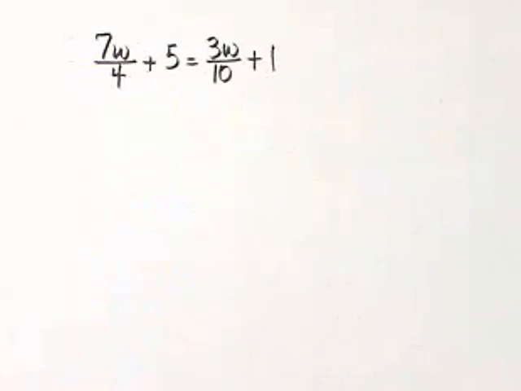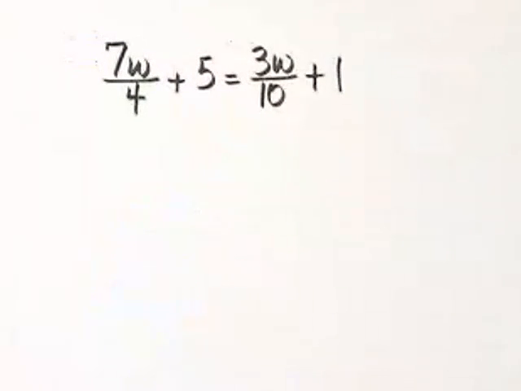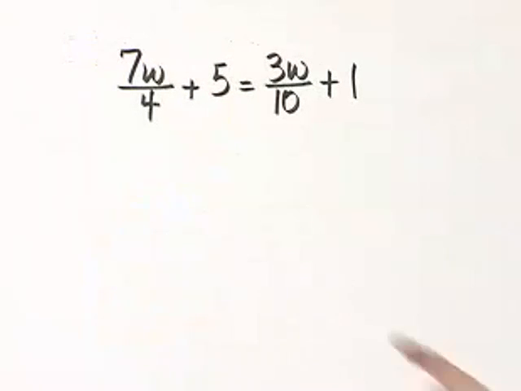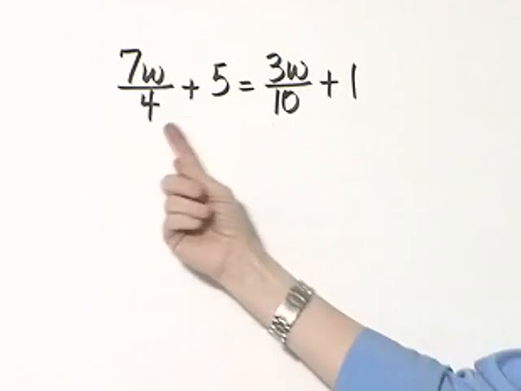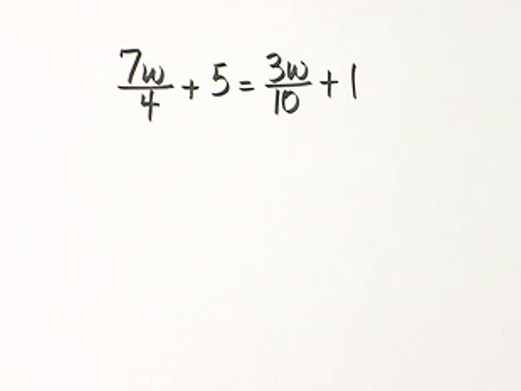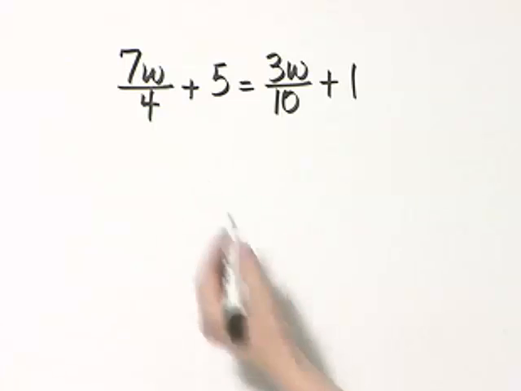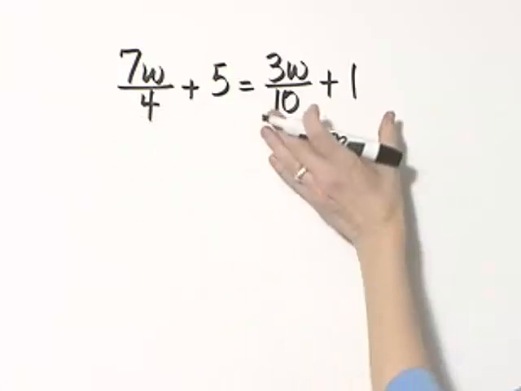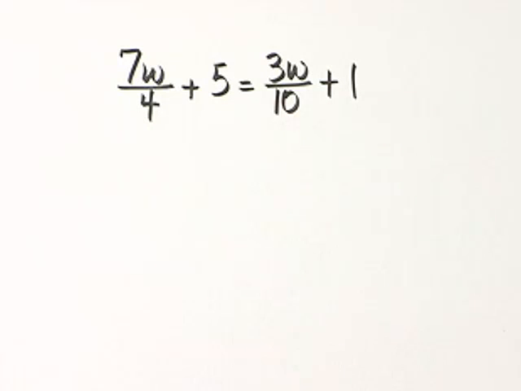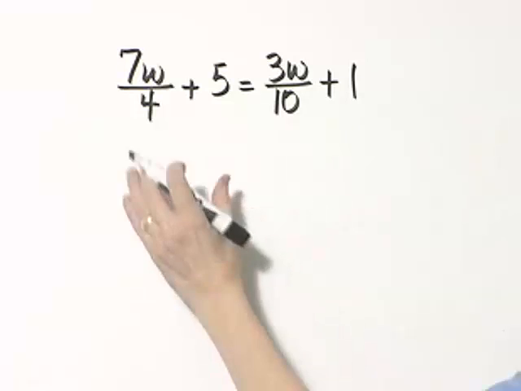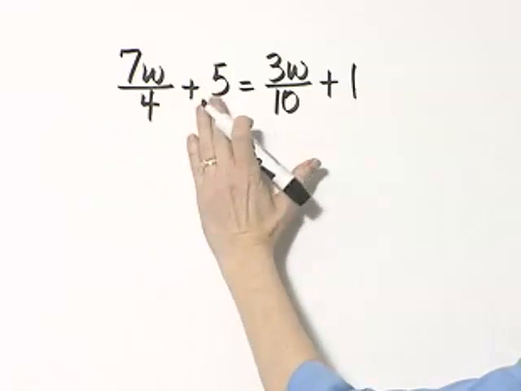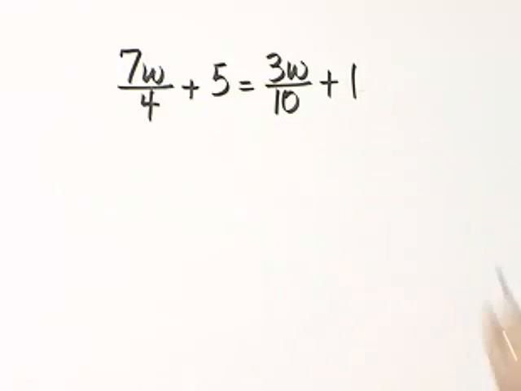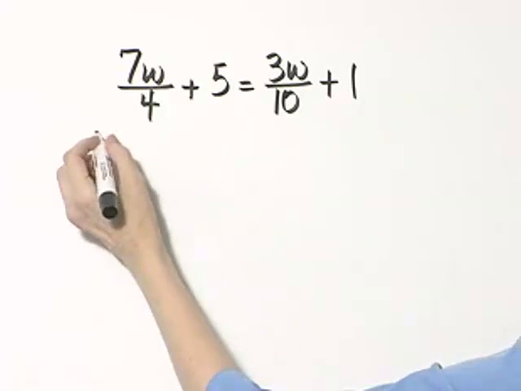Let's solve this equation. Notice this is an equation that contains fractions. So what is the LCD of these two denominators? It would be 20. So I'm going to multiply the left side of this equation by 20 and the right side of this equation by 20, but by the distributive property, that means we multiply every single term in the equation by 20. So don't forget, it's 20